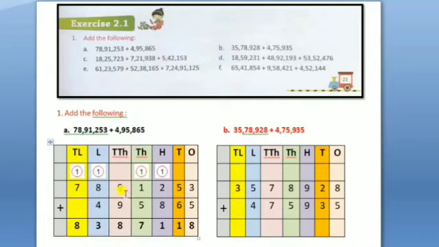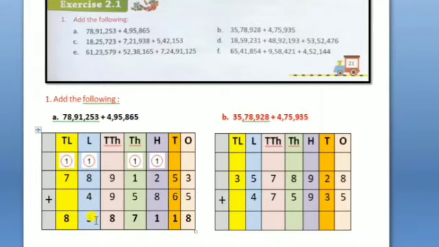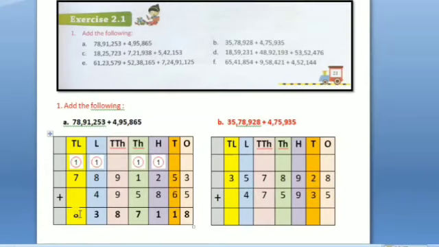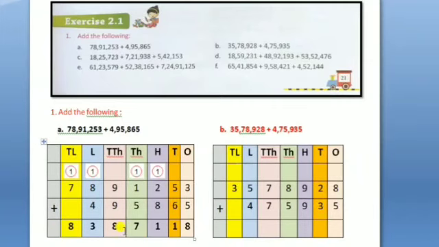Next column is 10,000. 9 plus 9. 9 plus 9 is 18. So we'll be defining 8 here. 1 will be taken as remainder in the lakh column. Try to add 8 plus 4. It is 12. 1 remainder when added becomes 13. We'll be writing 3 here, and 1 will be taken as remainder in the 10 lakh. Again, it is a single number 7. So in 7, when remainder 1 is added, it becomes 8. So this way, the sum or the total will be 83 lakh 87,118. So this way we can add large numbers.